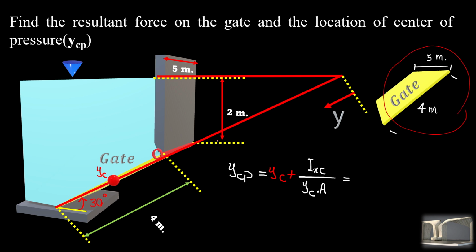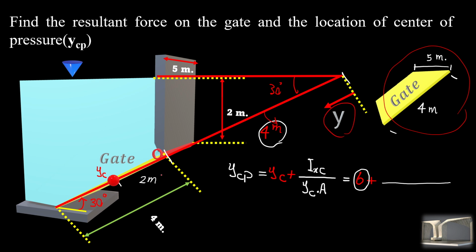So if this height is 2 meters, and this is 30 degrees, then the hypotenuse itself is 4 meters. Then as you climb down in the y direction, the total length is 4, so half of that is 2 meters. So our Y C based off our y-axis gives us a numeric value of 6,